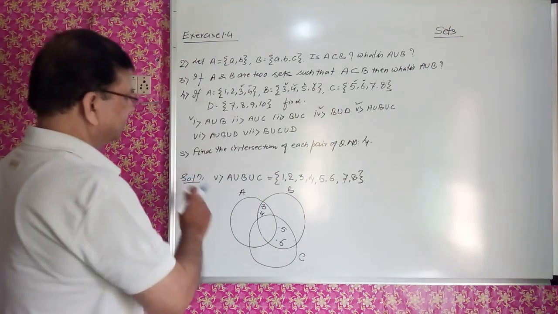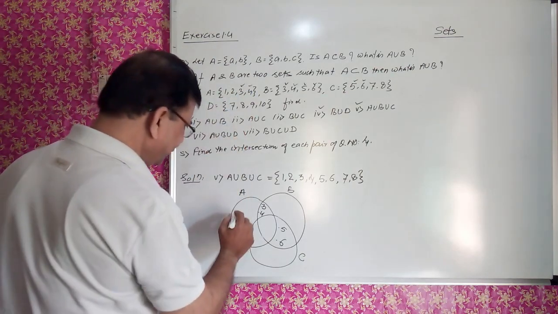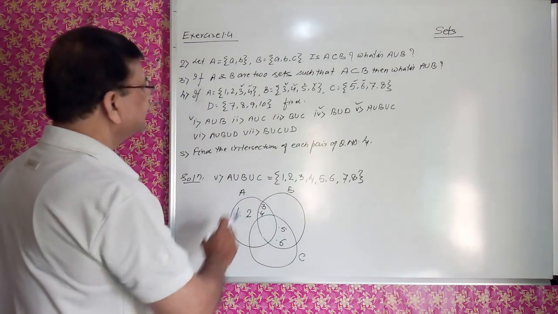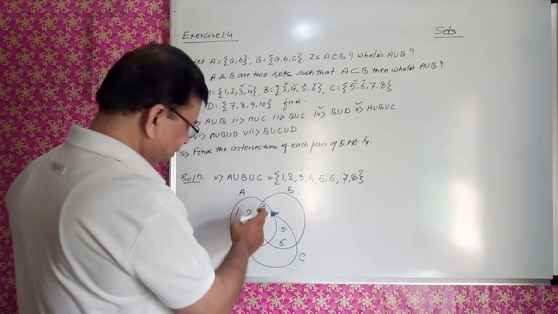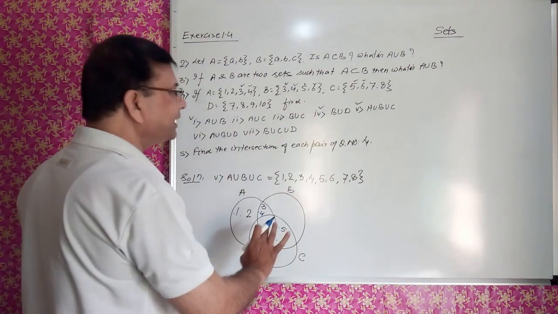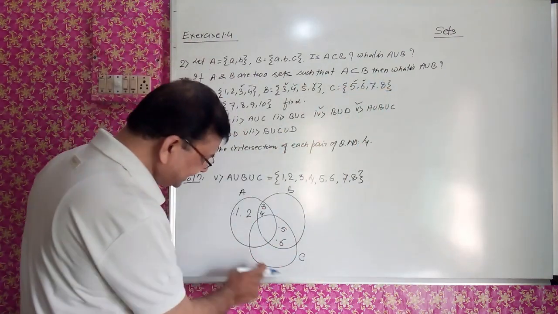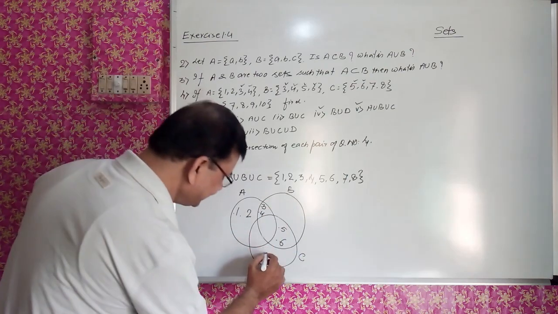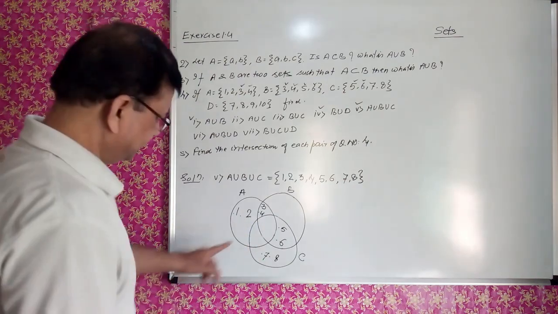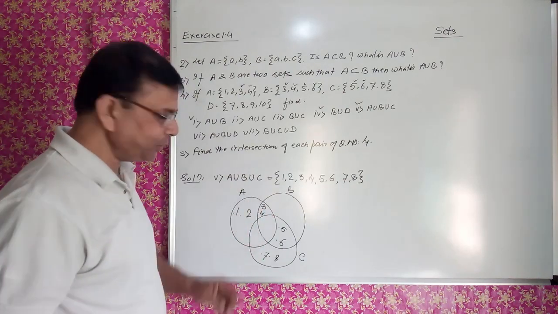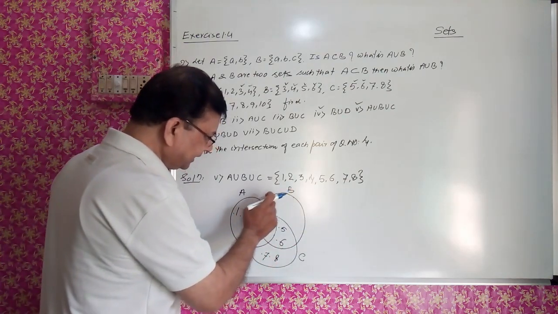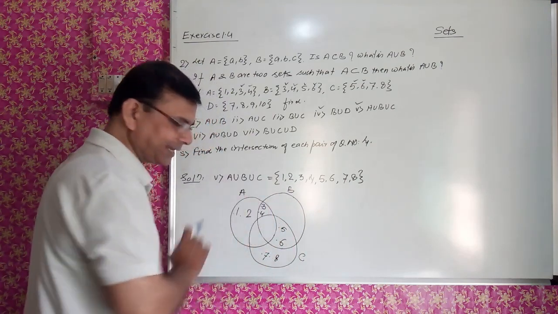Right? So in A, which are the elements left? 1 and 2. So I will write 1 here, 2 here. So these two elements will be coming in this area. Then 3, 4, 5, 6. In this set, if you look at 3, 4, 5, 6, all the 4 elements have come. So nothing is to be written. 5, 6, 7, 8. In this set, see 5, 6 has come. So what is left? 7 and 8. Those elements. So if we are finding union, see, what is A union B union C? If you look carefully, in this part no element is there.